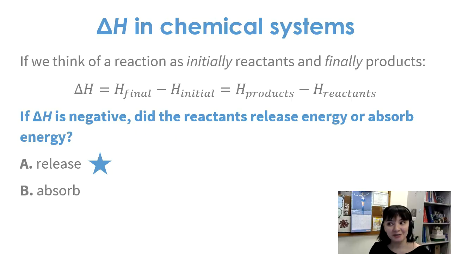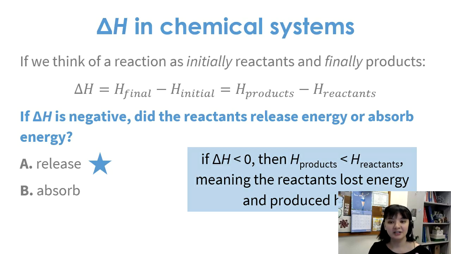So in this example, the reactants released energy. That's what's going to make delta H negative. If delta H is a negative value, then what that means is that the enthalpy of the products is a lower amount than the enthalpy of the reactants. The reactants started at a higher energy level and then went down to a lower state when they turned into